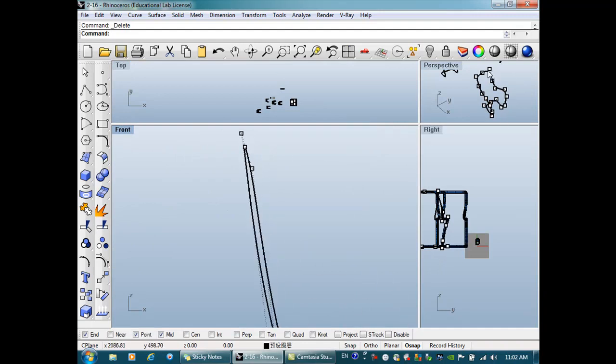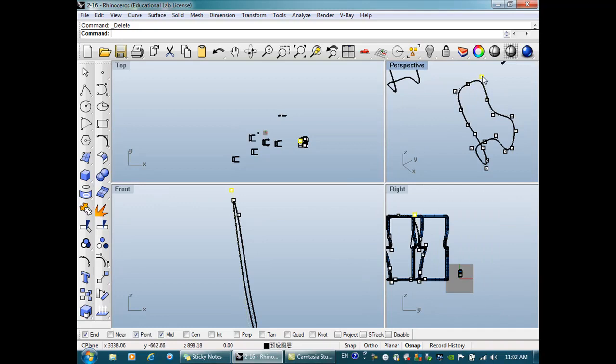So where is this one? Okay, that one is over here, and this one is down. As you can see, these 2 are not at the same height, and also one is a little forward and one is a little bit backwards. So I'm just going to demonstrate on these 2 control points and basically make them a mirror image of each other, which we have to change so that they would look as one point on my front view. So how do we do that? We select these 2,